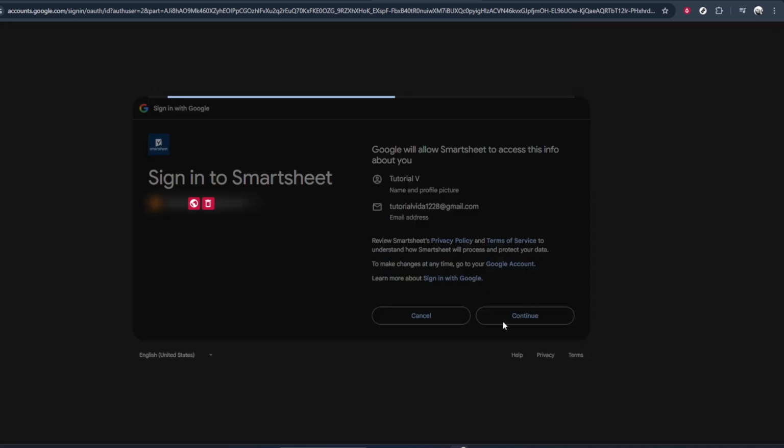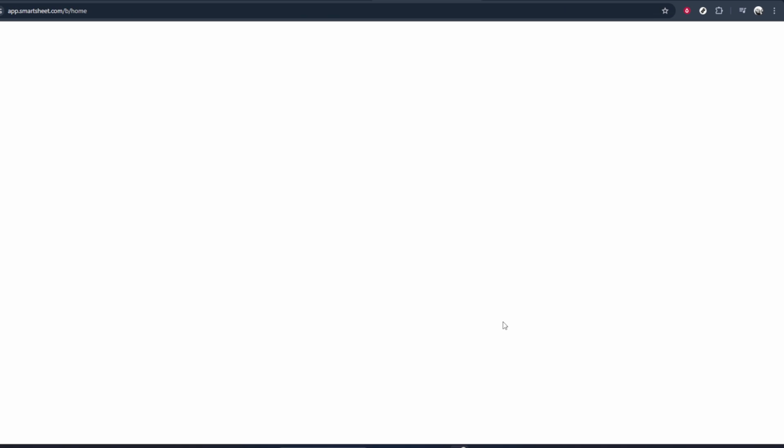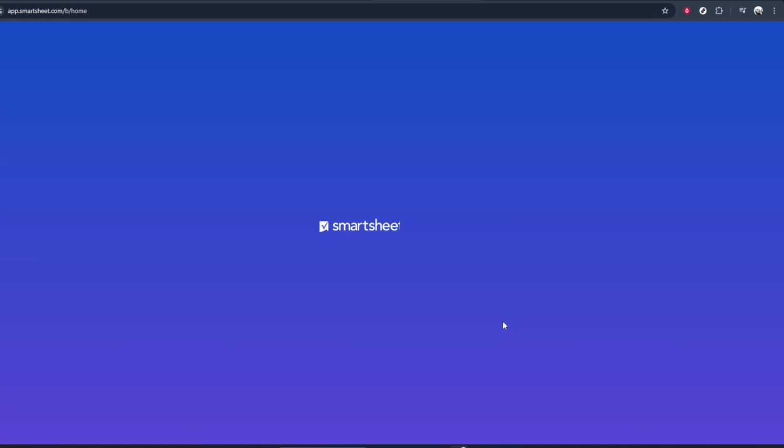If you prefer using an email address, click inside the email field and carefully type your email. Make sure there are no typos, because Smartsheet may send a verification or important notifications there. After entering your email, follow any on-screen prompts to continue, which may include confirming your details or creating a password